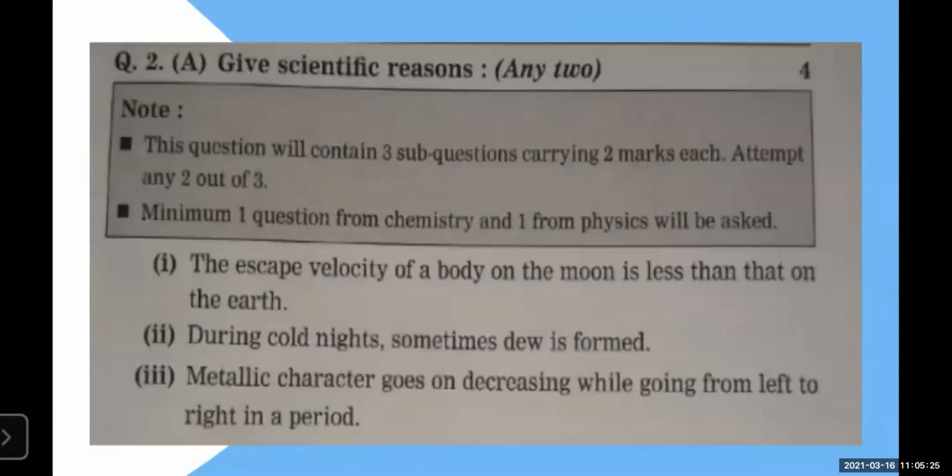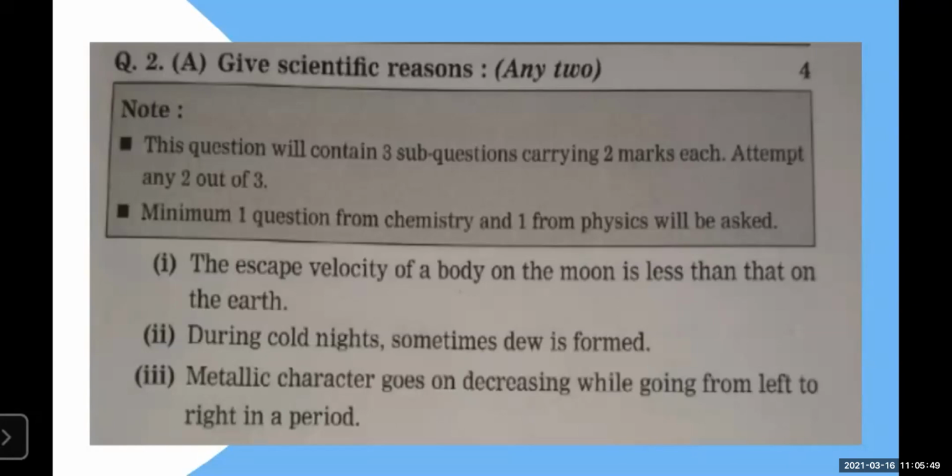Question number 2A. Okay, students, done with question number 1. So question number 1, you will start from the new page. Question number 1A, you will write. Question number 1B, you will complete. And then that will continue. Now question number 2, which is the main question, which I told you, you have to start from the new page. So question number 2A, you will start from the new page.